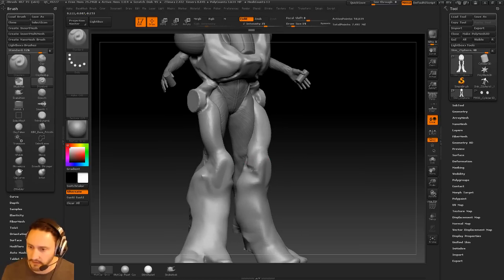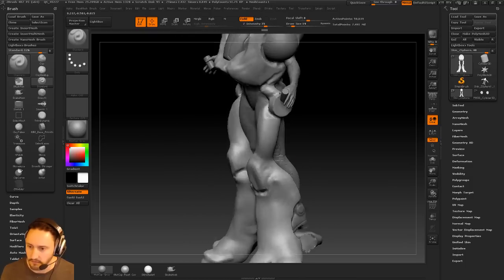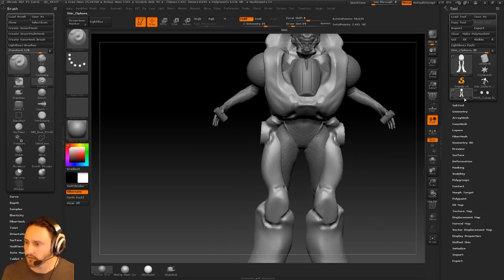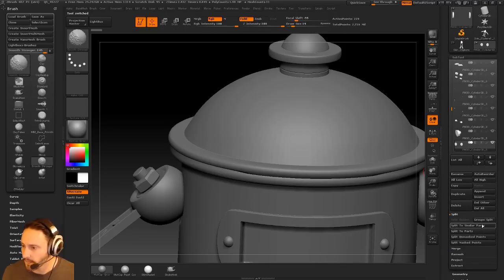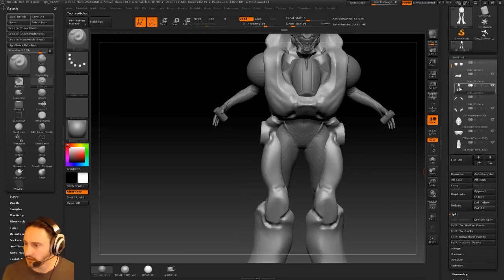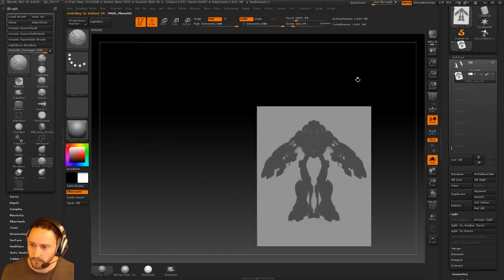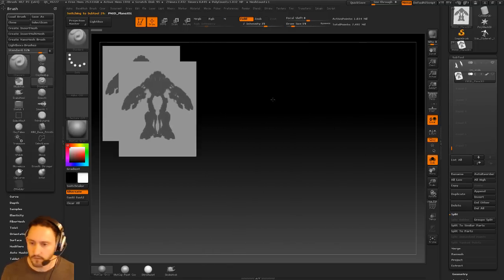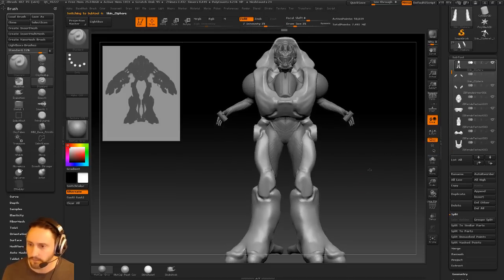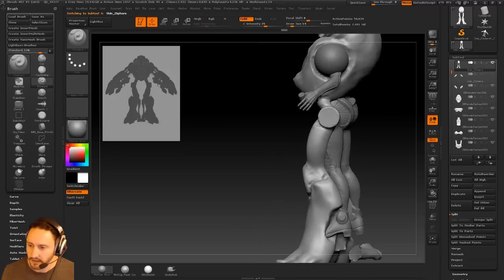And again, these knees can probably be just a separate piece here. So I'm just going to go through and maybe carve in where I want this to go. And then this, oh, I got rid of it, didn't I? Hold on. Let's go back to here. Shift S. There we go. Okay, so this I wanted to come through here, and on this side, on both of these